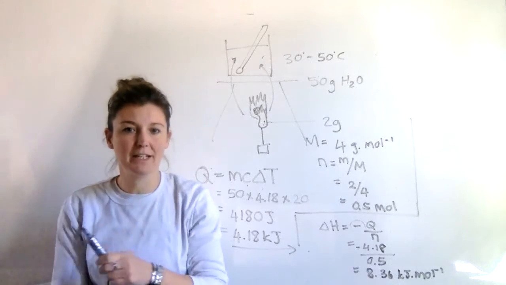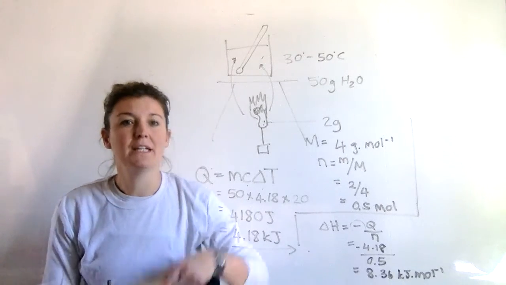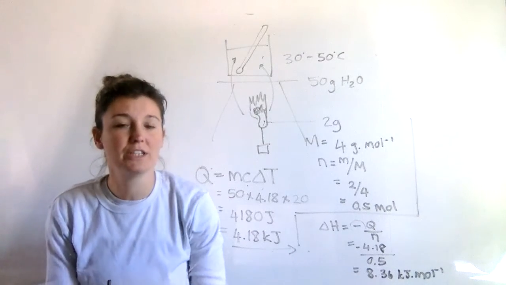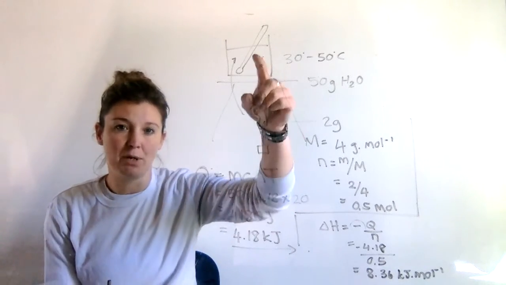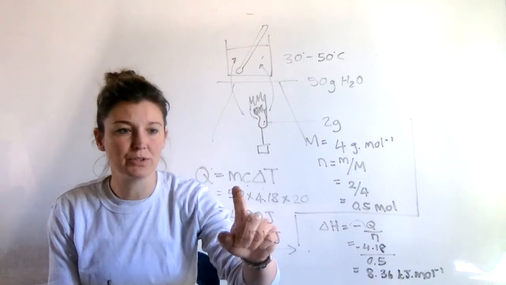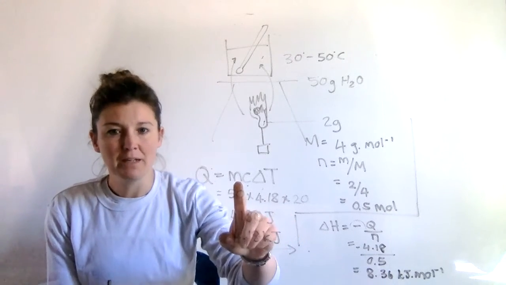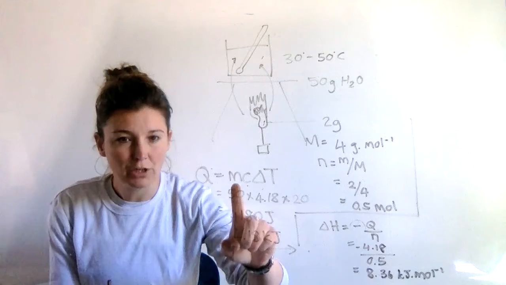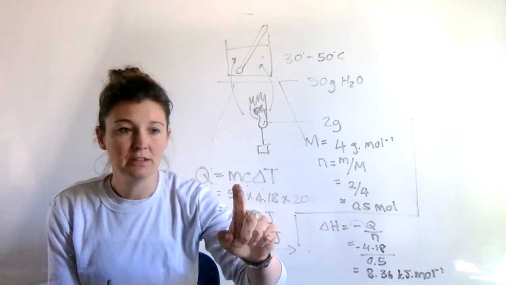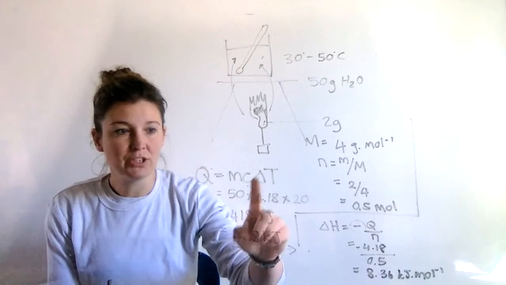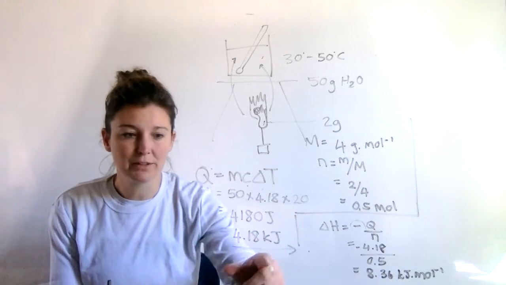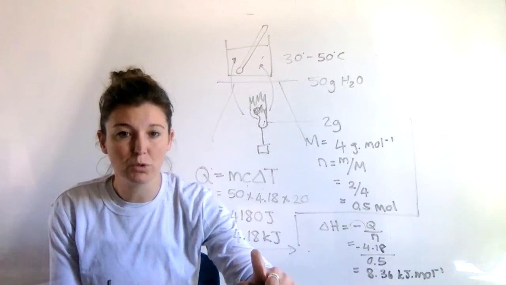So let's quickly go back again. Calorimetry is the practical way of identifying how much energy has gone into or been released by using water to absorb it. We use this calculation, Q equals mc delta T. M stands for the mass of the water. Don't worry about the mass of the peanut yet. So the mass of water, c is a constant that will be given to you, and delta T is the change in temperature. So we work out the amount of energy that's been absorbed by the water